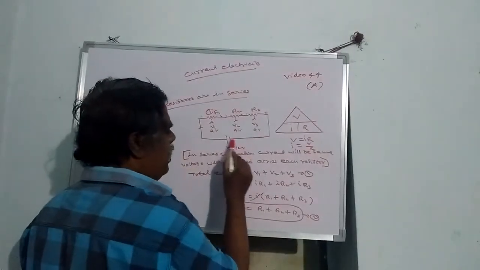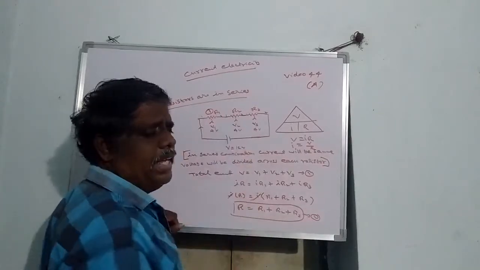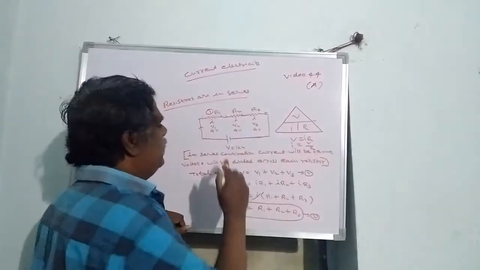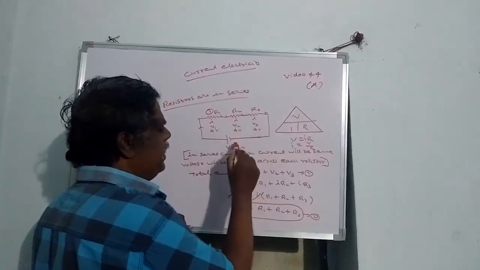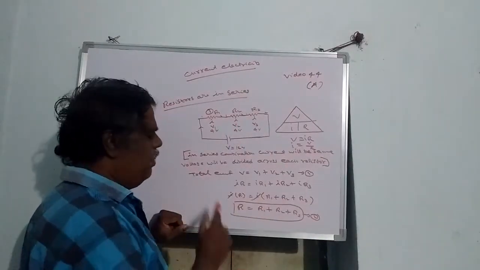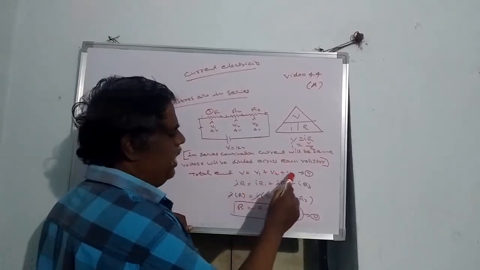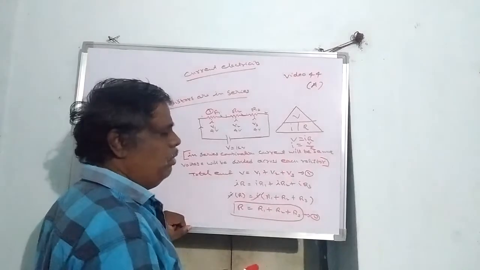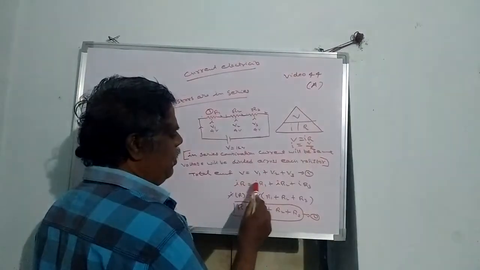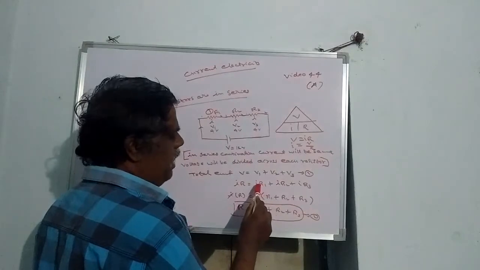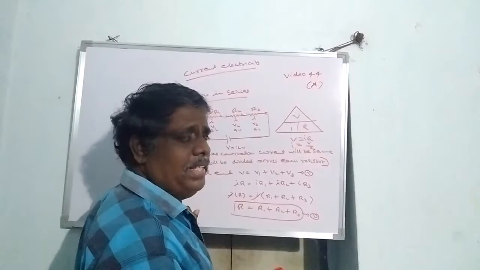So total voltage will be 12 volts, then this voltage will be equally divided. If you have taken equal resistors, it will be 4, 4, 4. If you add all these, you get the total. Therefore, total EMF V is equal to V1 plus V2 plus V3. Apply Ohm's law. According to Ohm's law, V equal to IR, IR1, with no I1, I2, I3, because the current will be the same across each resistor.